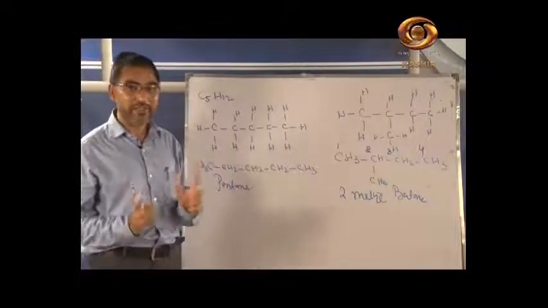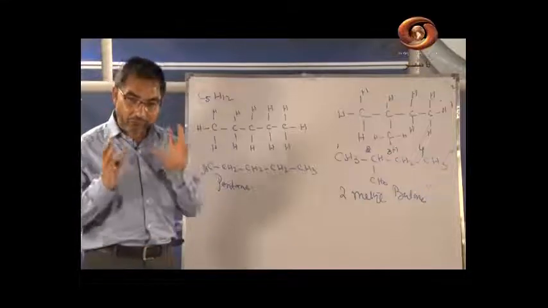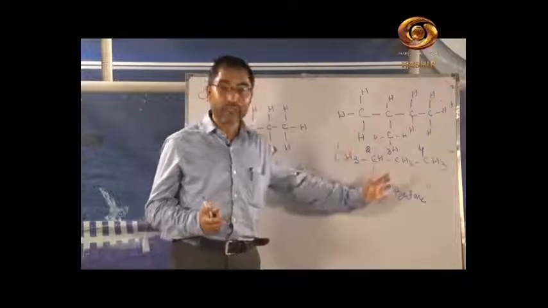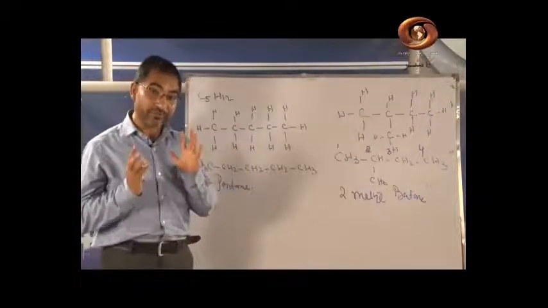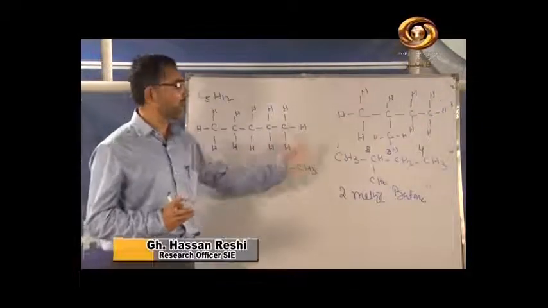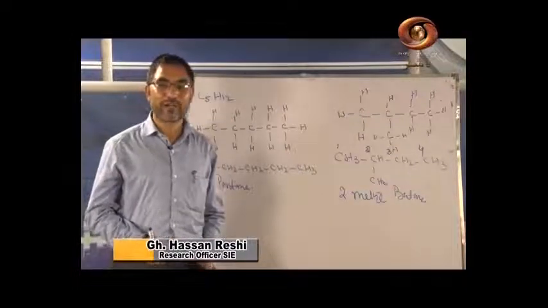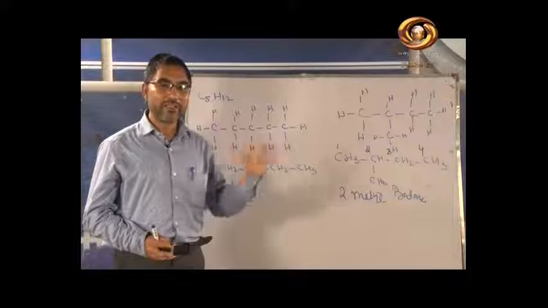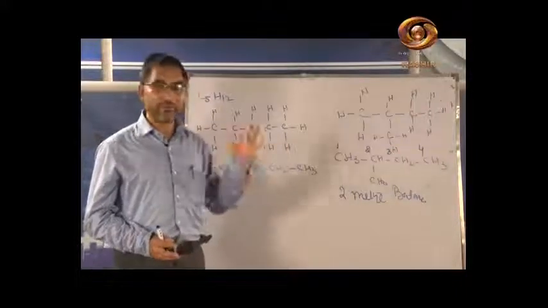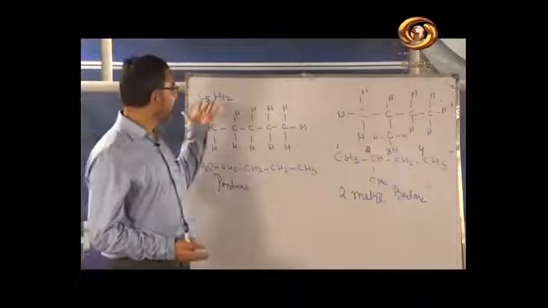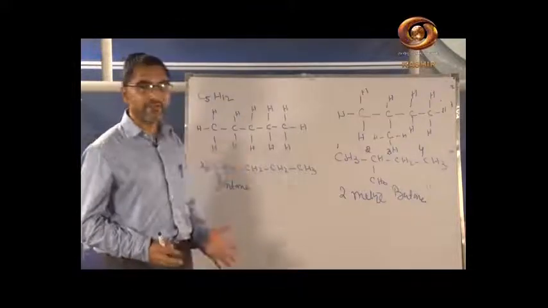They will never be same. They are entirely two different compounds, because the name indicates that it is 2-methyl butane. Here it is pentane. They are 2 different entities. So they are isomers, because both have one thing common, that is the molecular formula. Physical properties, chemical properties, structural properties, they are altogether different. But one thing is common, that is the molecular formula.